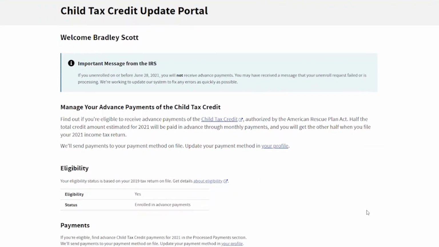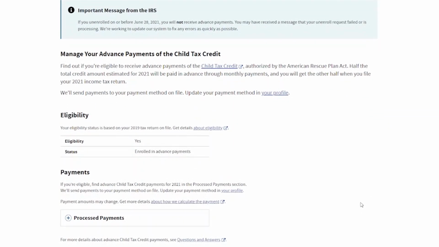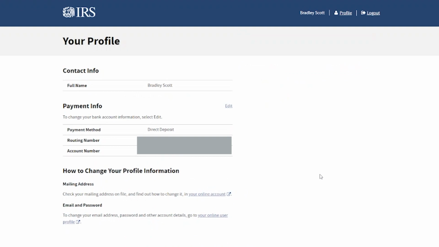So once you're inside that Child Tax Credit portal, you'll see if you qualify for payments, and you can also see your bank information. The bank information is new that you're able to update it now. They just made this change on June 30th. Now keep in mind, June 30th was too late to update the payments for July. So if you make any updates now, it is going to be updating for the future. So you have to update by the end of the month for the next month's payment. So if you update your bank information in July, it'll update things for August going forward.